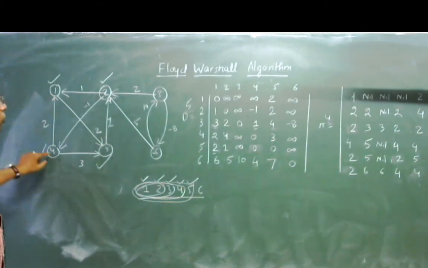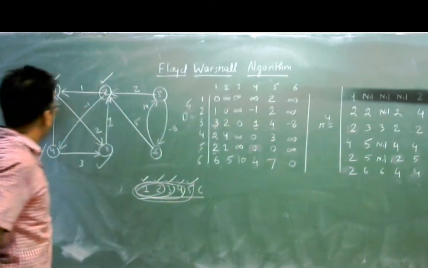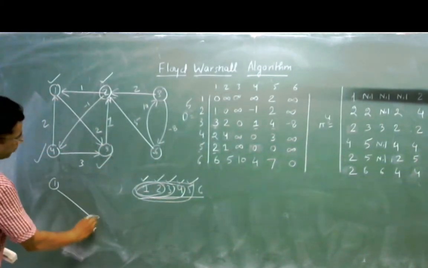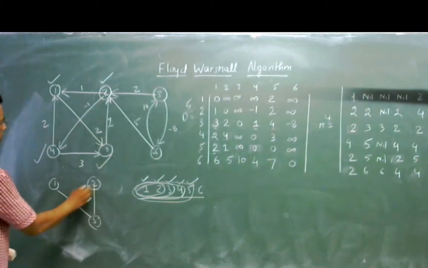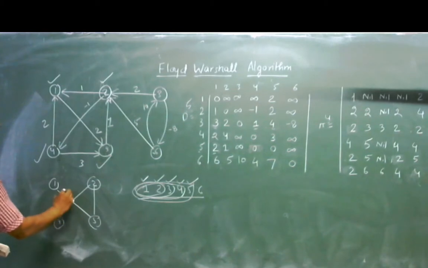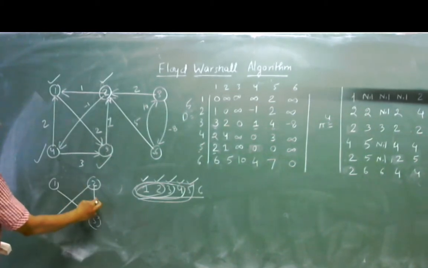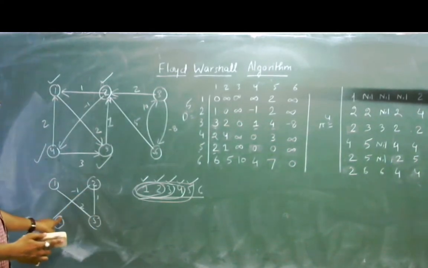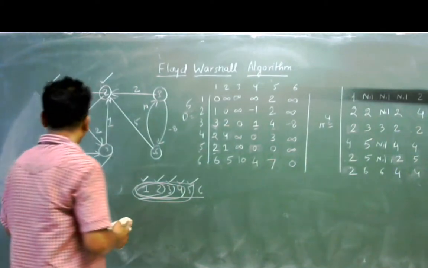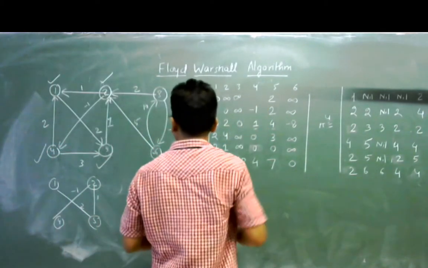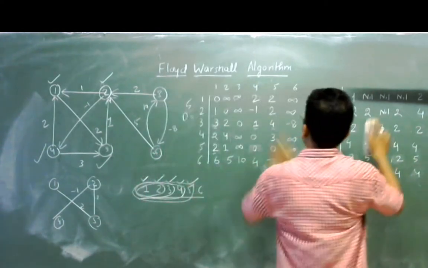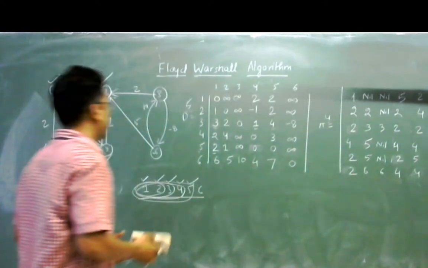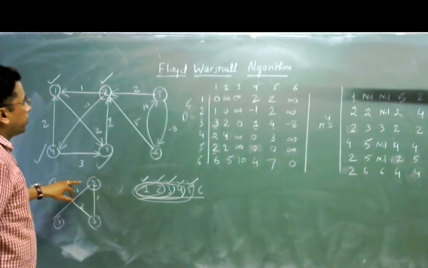Distance from 1 to 4 is infinity, but through node number 5 to node number 1, 5, 2, and 4, this is the path. This is equal to 2, 1, and minus 1. That means there is a path, 2, 1, minus 1, which means the path length would be 2. 1 to 4 would be updated by the value 2, and this would become 5, right? You have got a new path.